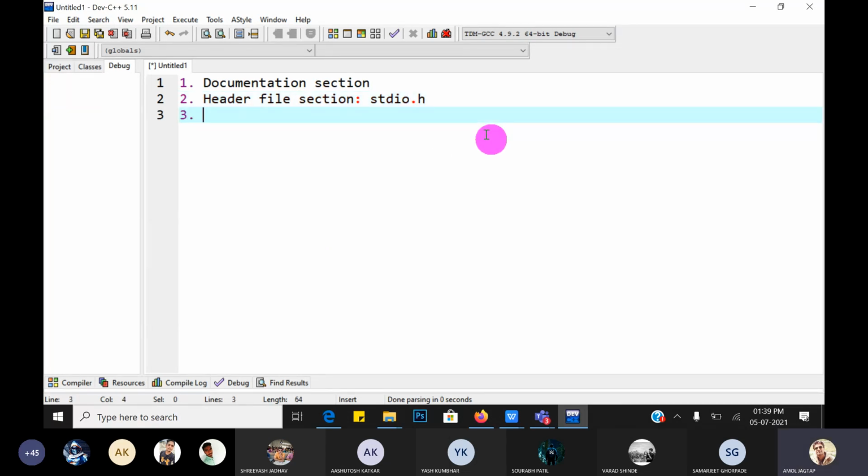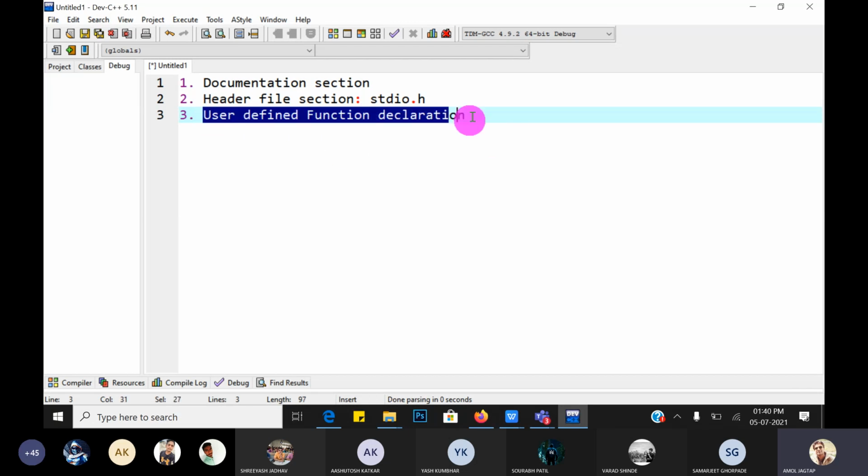Next part of the C program structure, meaning in which sequence we write the code. Next is the function declaration, that is user defined. There are different types of functions.